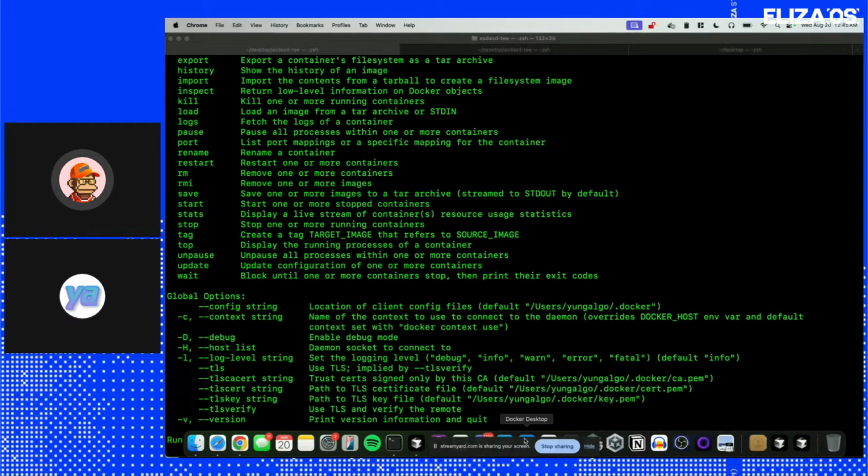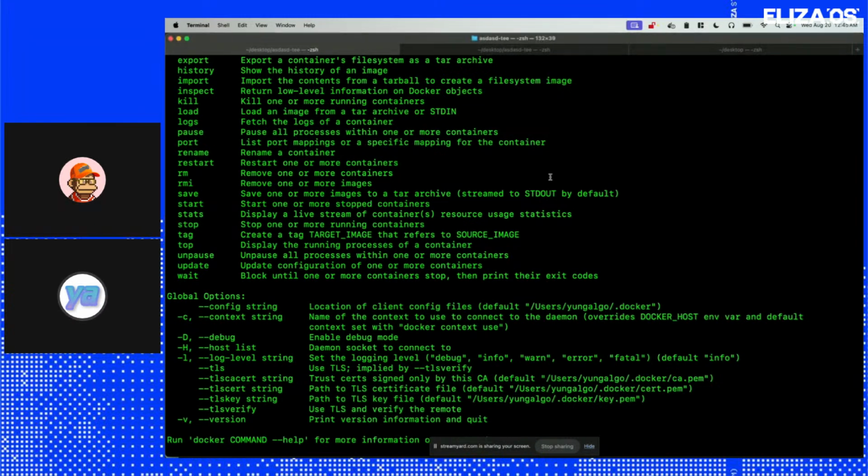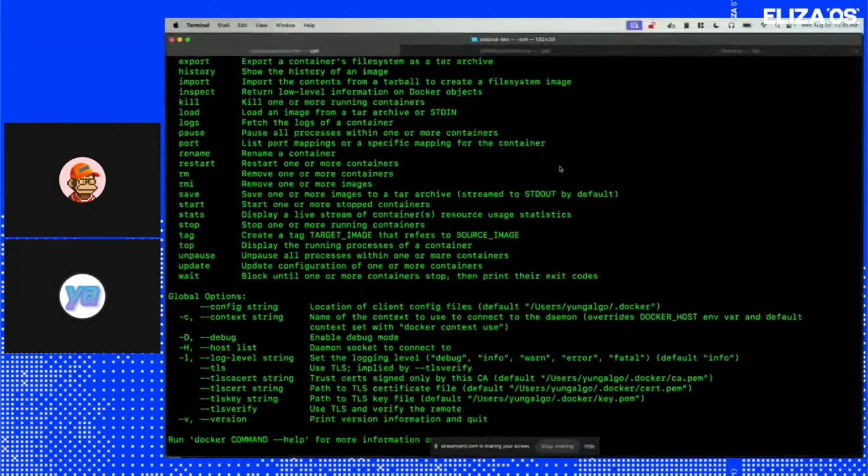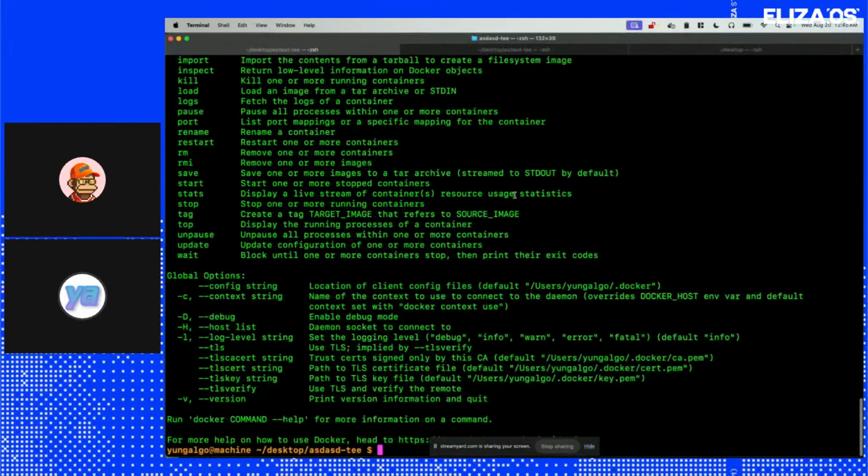Can you move that StreamYard tab? StreamYard screen. Can you drag that across? But even if I just have it here, it's like, what is going on? Is there some sort of rule where you're not allowed to run Docker when you're